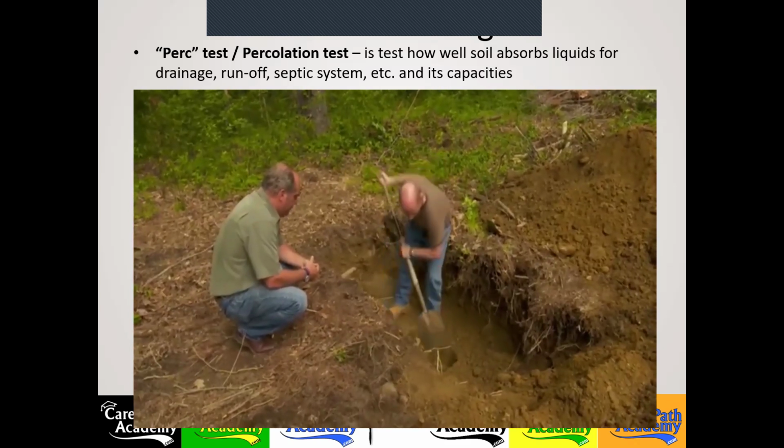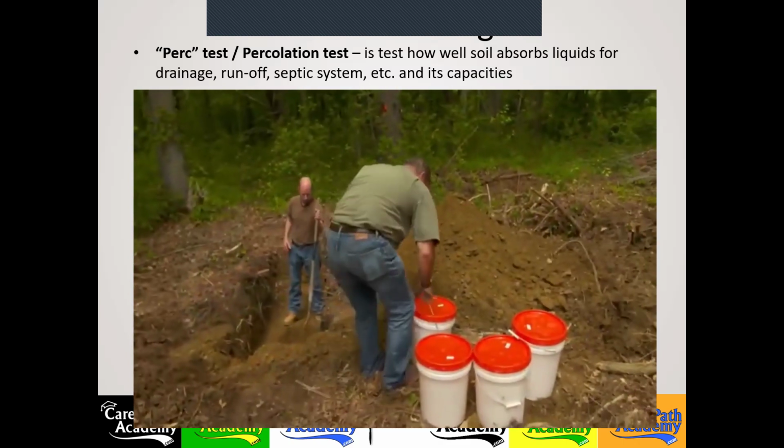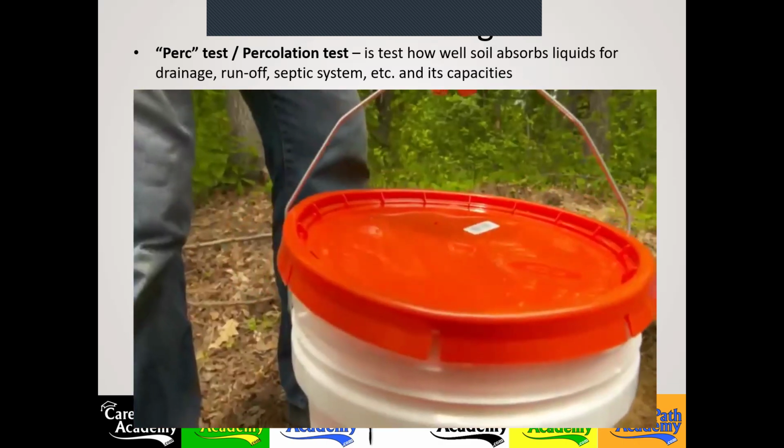So what happens if the rate doesn't drop fast enough? If it doesn't drop fast enough, that would be a limitation to the site, that you may not be able to build a septic system in this location. This particular one is pretty